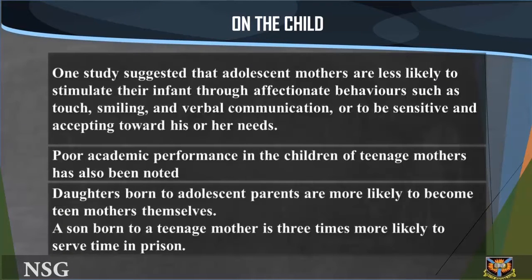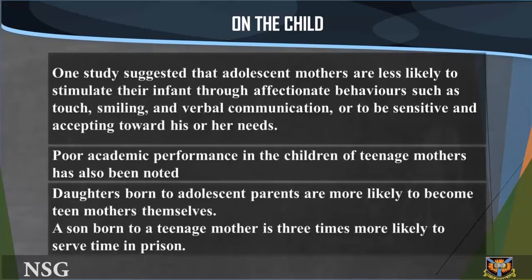One study suggested that adolescent mothers are less likely to stimulate their infants through affectionate behaviors such as touch, smiling, and verbal communication, or to be sensitive and accepting towards his or her needs. Another found that those who had more social support were less likely to show anger towards their children or to rely upon punishment. Poor academic performance in the children of teenage mothers has also been noted, with many of them